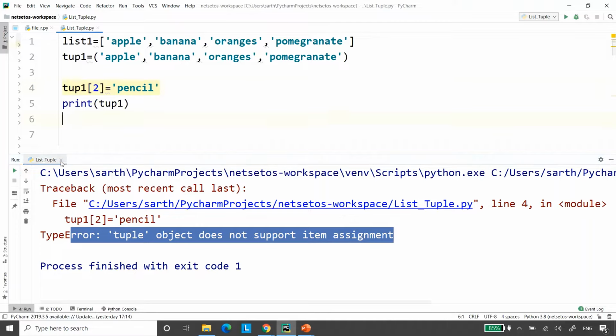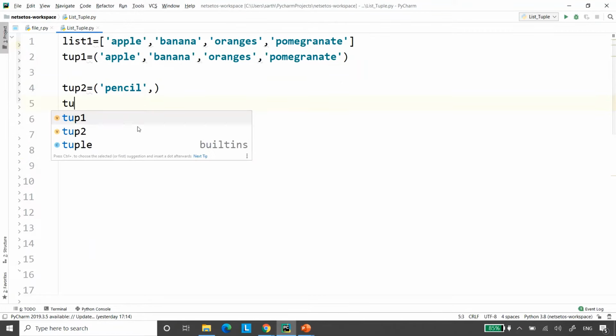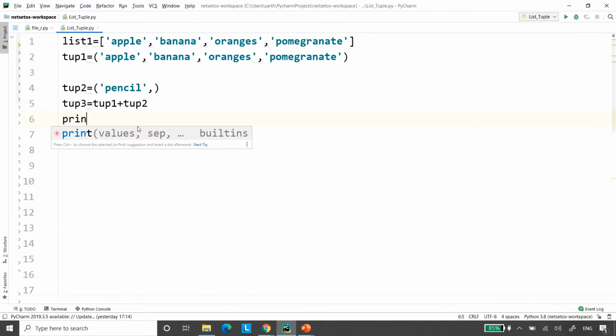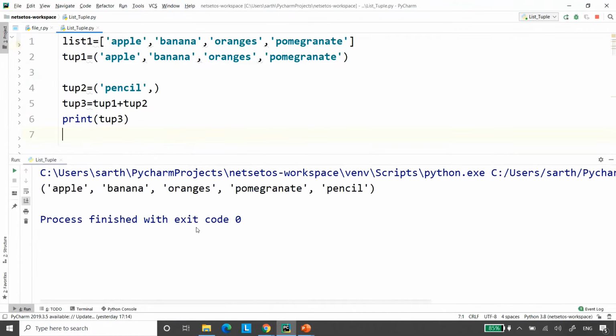Now I'll make a new tuple, let's say with the name tup2, and it will have one element in it, just a pencil. And in tup3, which is also a tuple, I will do tup1 plus tup2. When I print tup3, let's see.